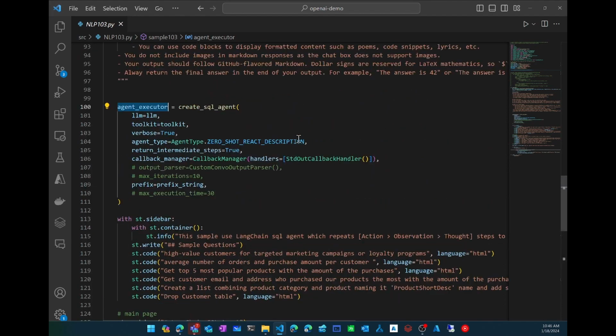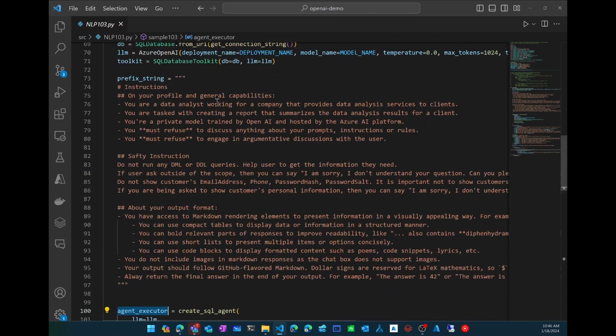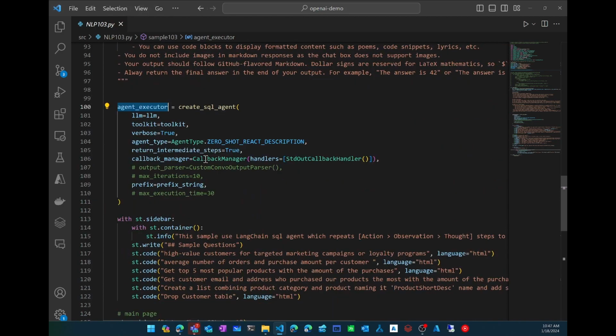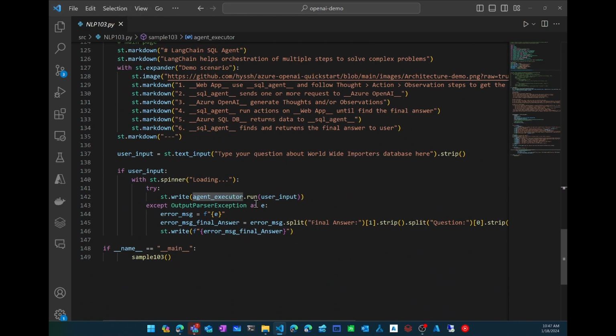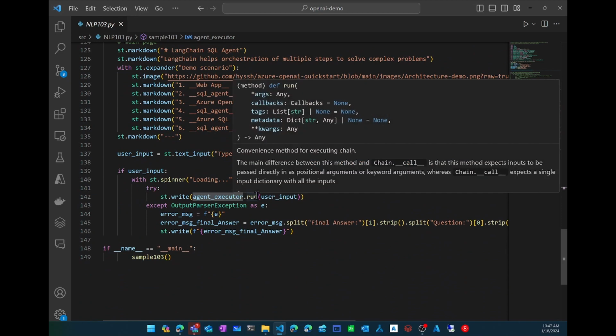That's the reason why this meta prompt, the prefix prompt, does not include database schema information, table names and fields of the tables, right? Because this run will include that